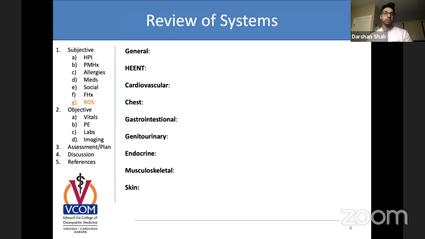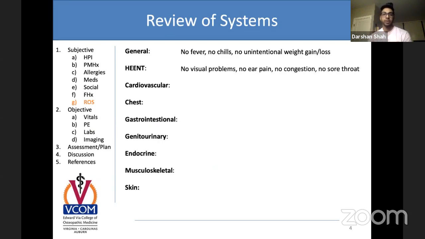Okay, so review of systems. So no fever, no chills, no weight gain or weight loss, no visual problems, no ear pain, no congestion, no sore throat, no chest pain, no syncope. He does have a fast heart rate, tachycardia, and he had a recent normal cardiac evaluation. So he just had a cardiac evaluation because of that left pain. So they probably looked at his cardiac enzymes, a chest x-ray and EKG, all that came back normal.